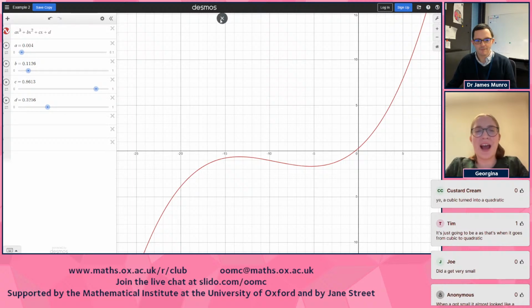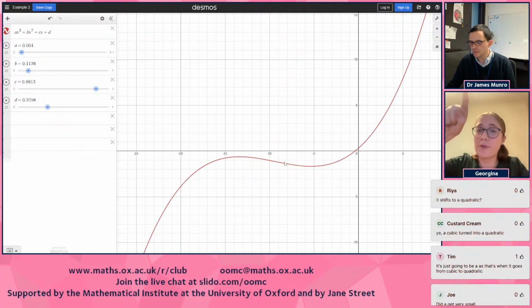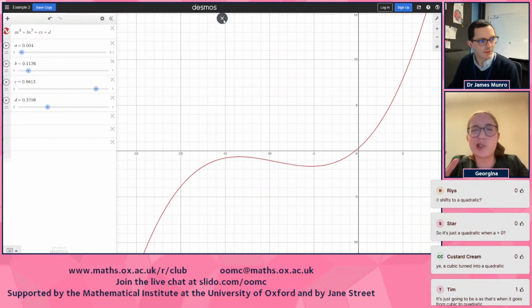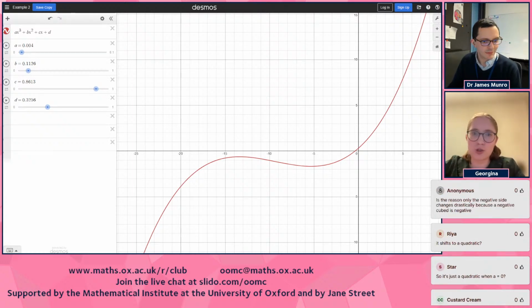But if we have a little bit of A, it still has to technically be a cubic, so we have to have the full going to negative infinity shape, but it's only just a cubic. So we need to look like a quadratic for most of it. And so we're ending up with this very funky behavior where our little negative branch is trying to